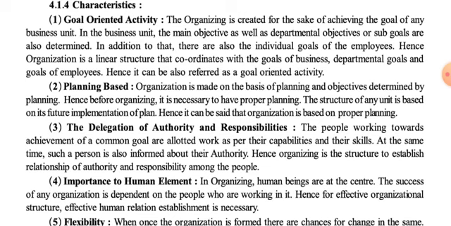So in organizing also, the main goal and sub goals are determined. Then in addition to that, there are also the individual goals of the employees. It means now we are able to differentiate between the departmental goals and individual goals. So if we are taking in a sequence, then starting from first, it is overall objectives, then departmental objectives,